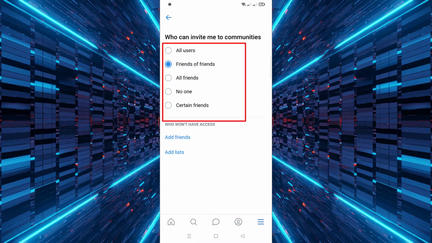Next, you can choose from all users, friends of friends, all friends, no one, or even select certain friends who are allowed to send you invitations. Pick the option that best fits your preferences. Once you make your selection, it will update instantly, and you will no longer receive unwanted invites according to your